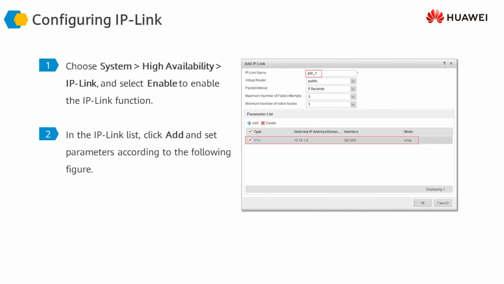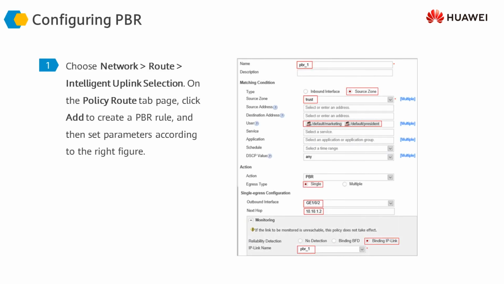Then we configure the IP link, give it the name PBR1, and then we define the destination IP address and the outgoing interface. This is exactly the same configuration which we did with the command line interface earlier. And then this is how we configure the policy based routing.